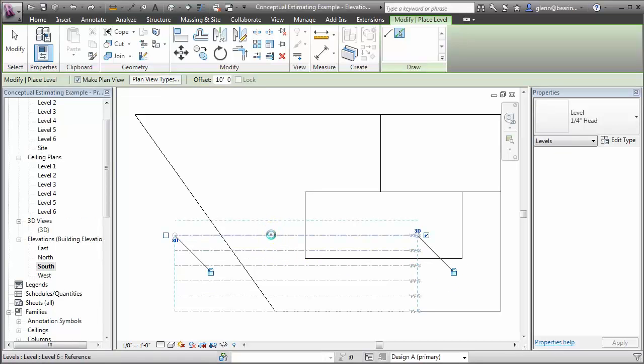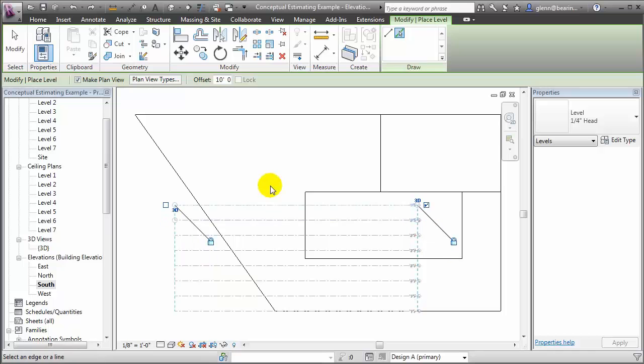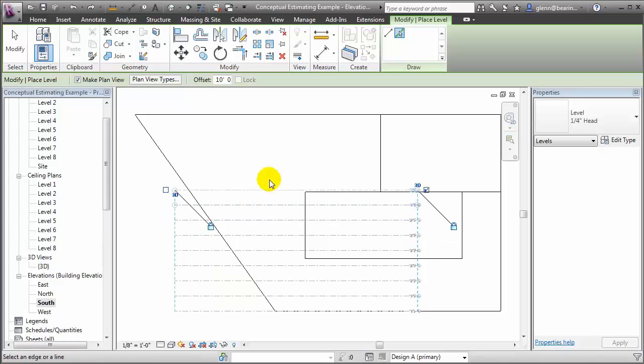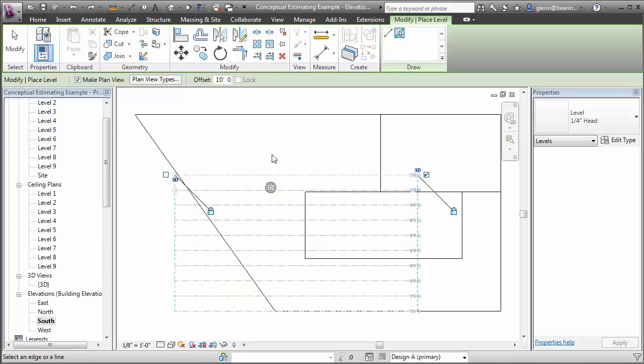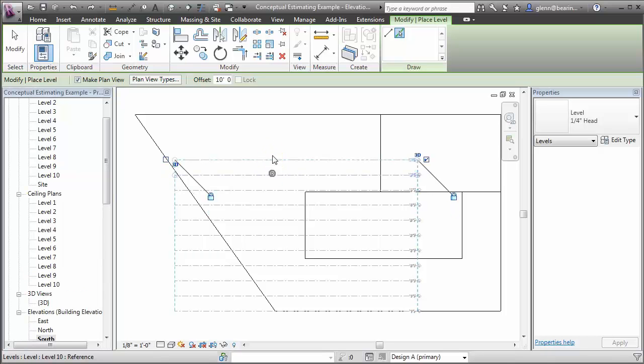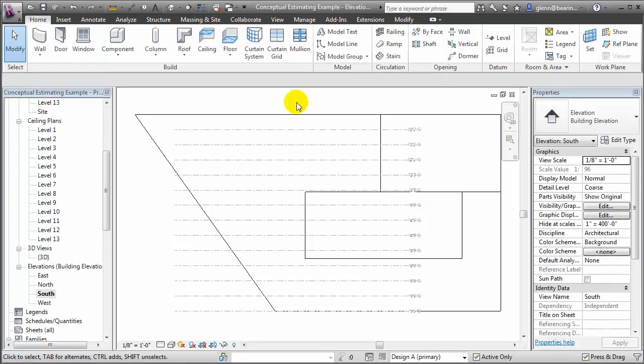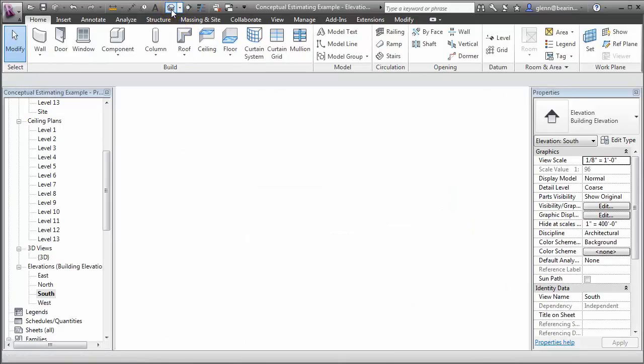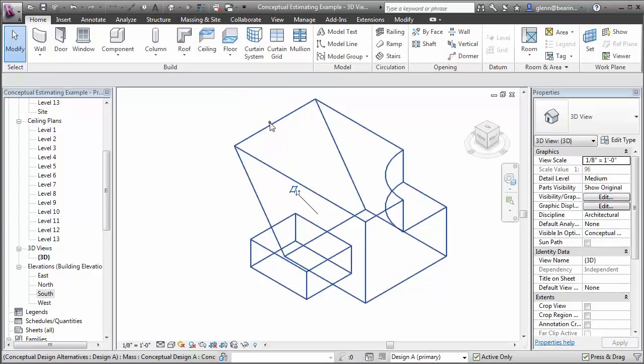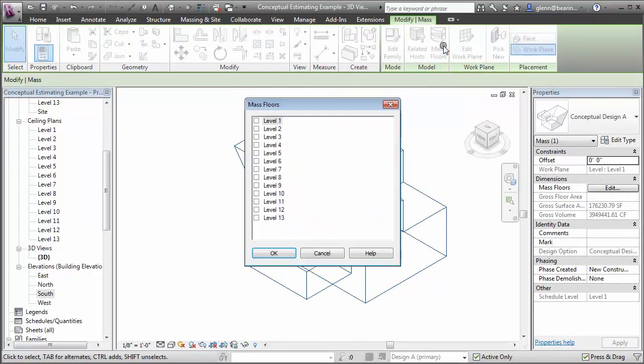We could also use the Array tool to create many floor levels with a uniform spacing very quickly. Having created the floor levels, let's return to our 3D view and choose the Mass Floors tool once again. Now you'll see that all the floor levels are available for creating mass floors, so let's choose them. Then we'll say OK